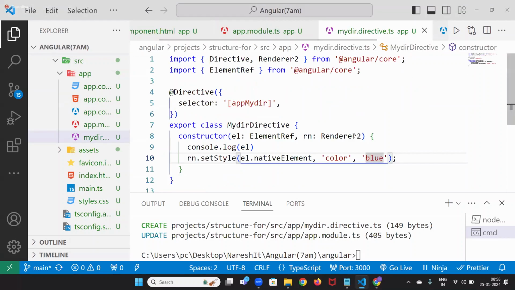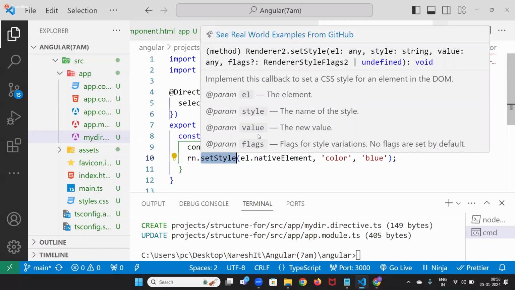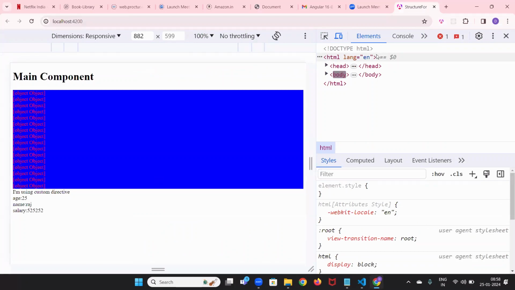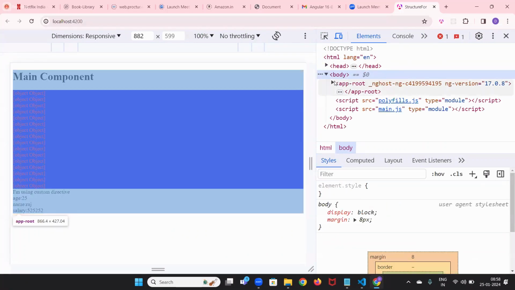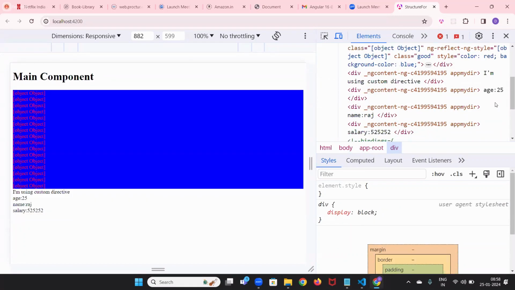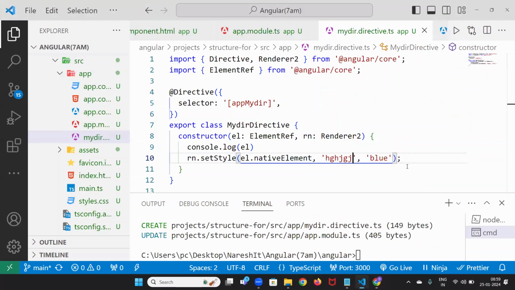In this also, Anil, see here, the set style property will take some value automatically, and you can give it anything here. But sir, what if I give it anything? Will it work, sir? No. See, go here. Now see, did anything work? No. And if you see it here down, is anything there? Nothing. Because only if it understands this value here, like color or font size,